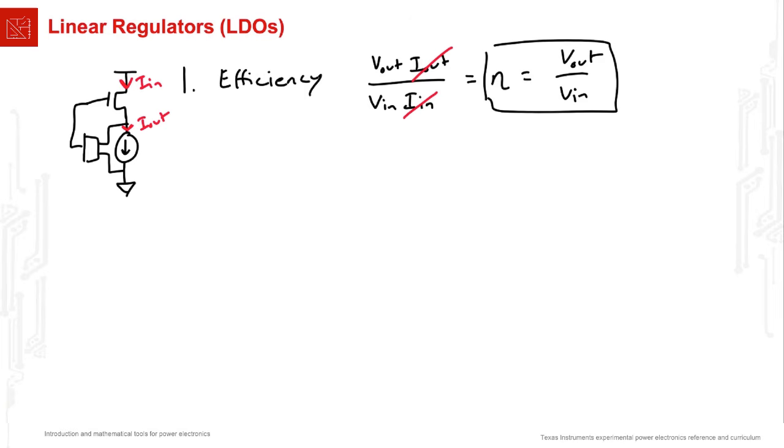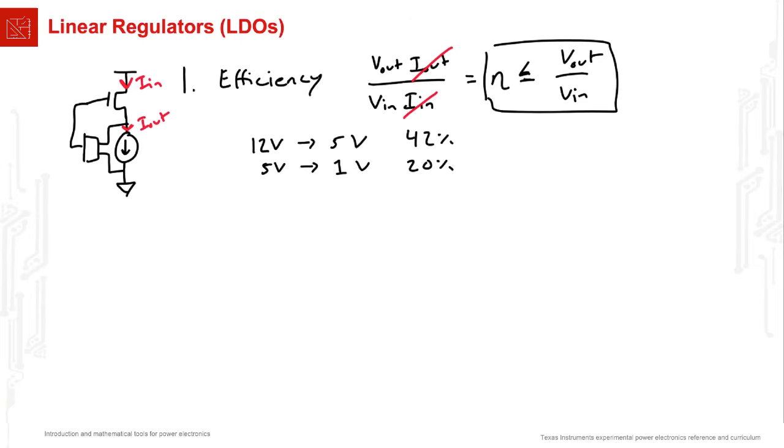Now, of course, a linear regulator can consume more energy than that. In particular, the control will consume some energy, and so the efficiency is technically less than or equal to V out over V in. To make this more concrete, let's consider stepping down 12 volts to 5 volts. The efficiency in this case is 42%, which is horrible. Similarly, if we were to step 5 volts down to 1 volt, this would be another common conversion. This has an efficiency of 20%, which is even worse.